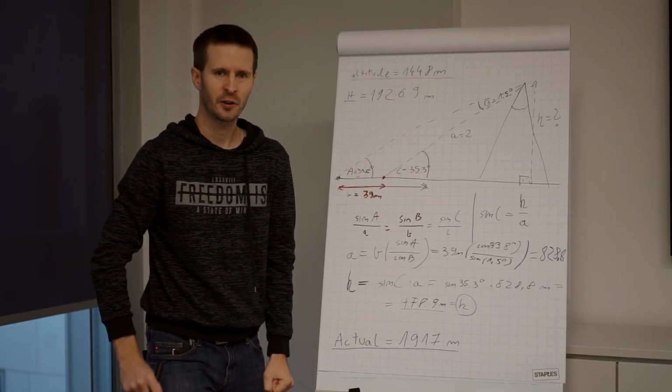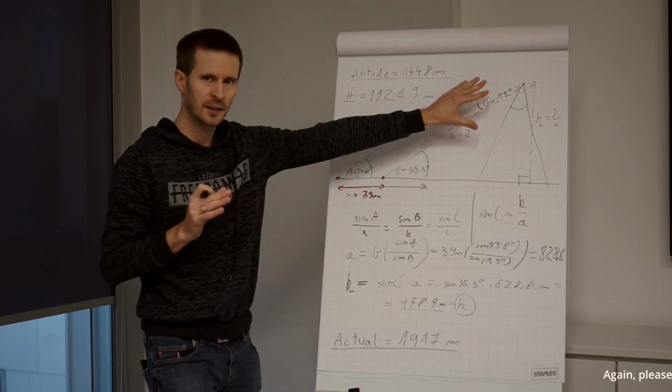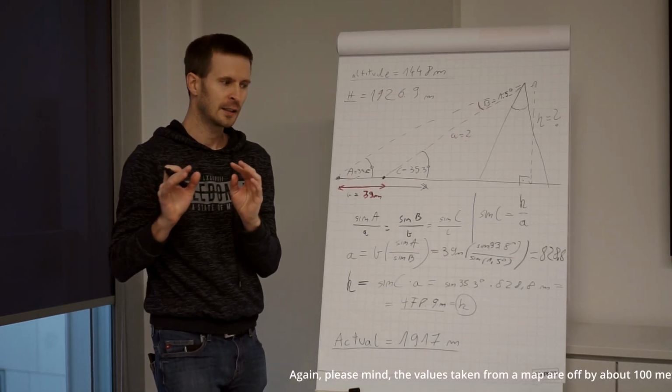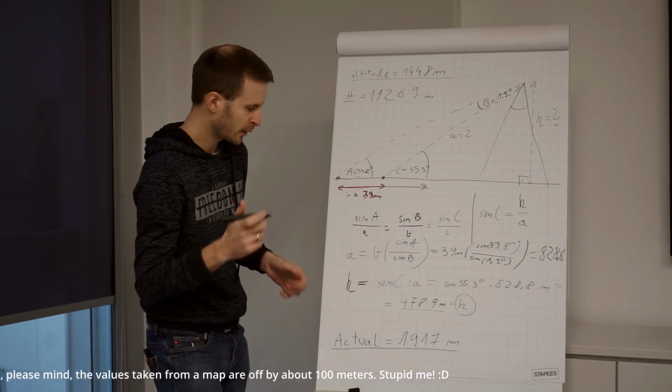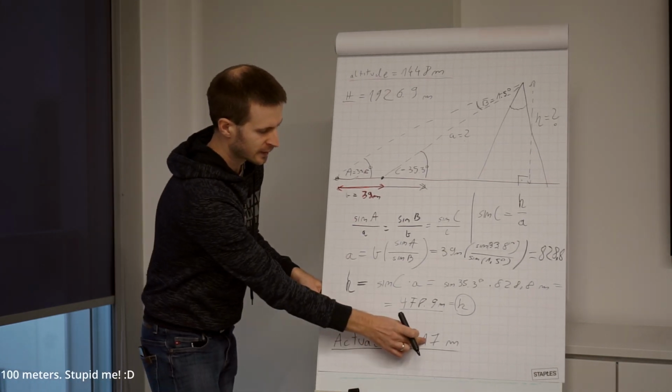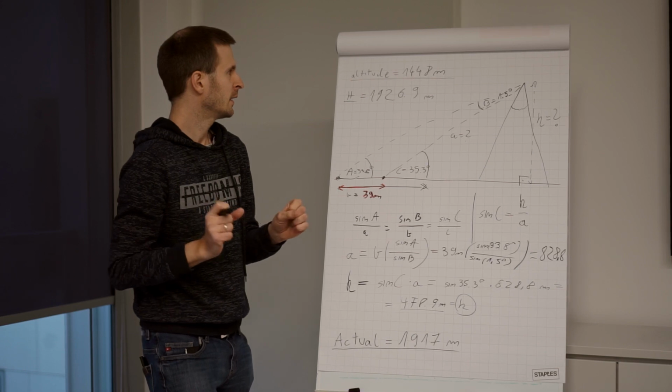So thanks to technology, of course, I could check how high this mountain or this place actually is from a map. And it appeared to be, as I written here, 1917 meters, which means I've almost got it. Of course, in real world, surveyors have much more precise devices than a smartphone. But even though I was able to get quite a good estimate of how high the mountain was. When Everest was measured for the first time, the same method was used. Easy, isn't it? Well, wrong.